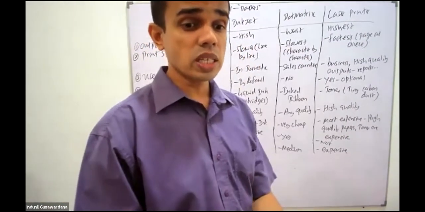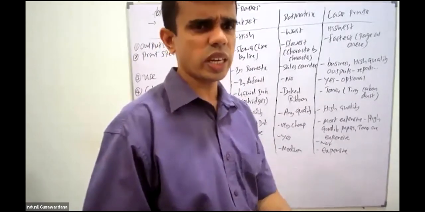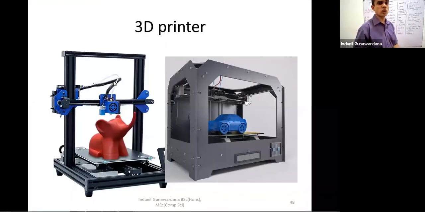So regarding our printers, we have one more type of printer. I'll just do it and finish it. That's called a 3D printer. That's very simple. Normal printers are preparing printouts on a sheet, but 3D printers, three-dimensional printers, prepare the three-dimensional object as given. So in the computer, we are preparing the 3D model. Especially this is recommended to be used by designers, just like car designers and other designers.